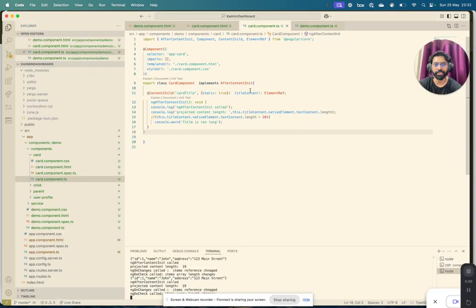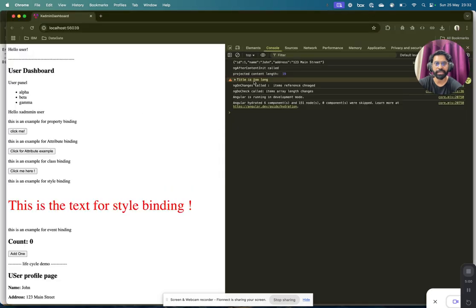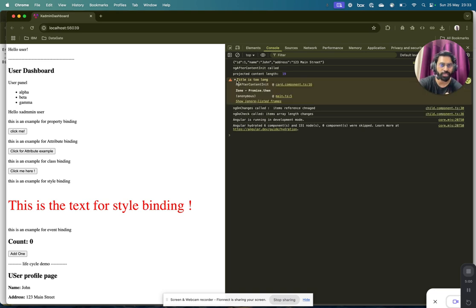Okay, let me put here, it's like greater than 20. Okay, so let me put it here, maybe 18. If length is greater than 18, then we should get a warning: title is too long. So I have saved this. Yeah, now you can see we are getting the title is too long warning. It means our if condition is working. Yeah, so in this way,